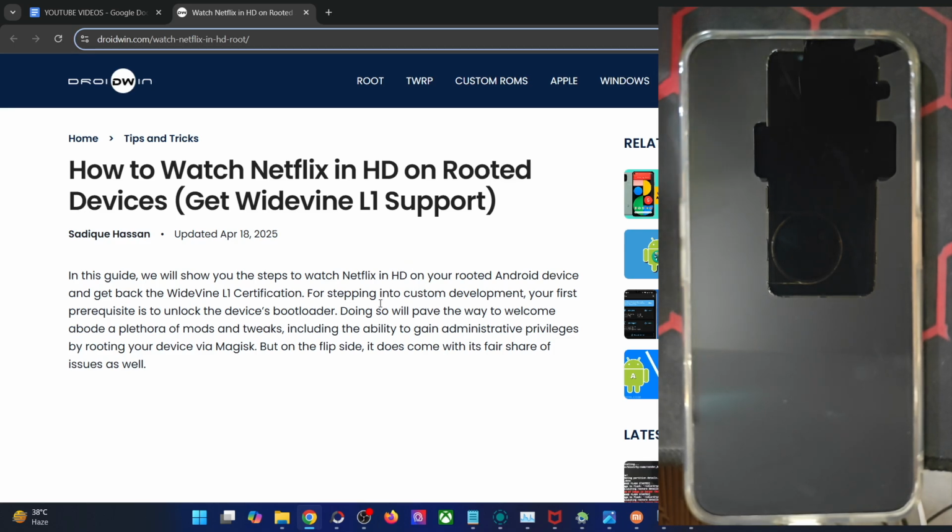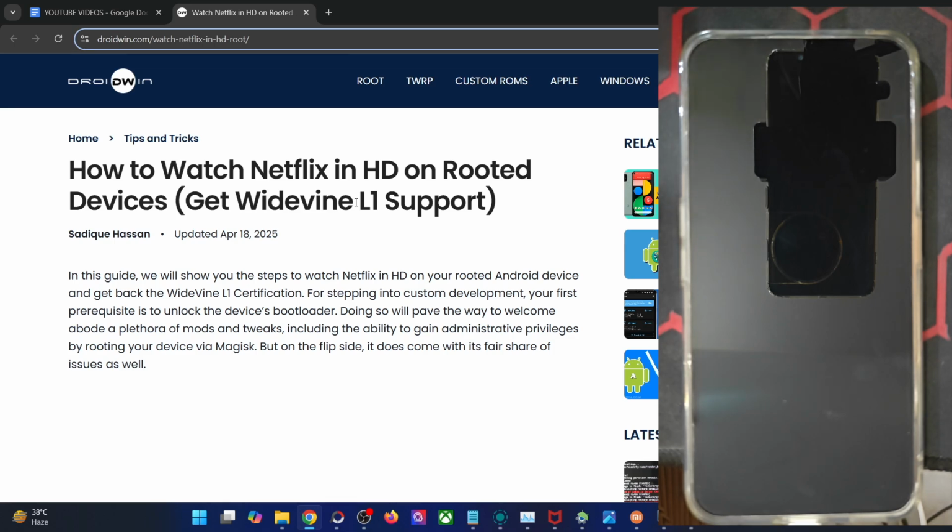In this video, we'll show you how to get the Widevine L1 support on a rooted phone with an unlocked bootloader as well. If your phone currently has an unlocked bootloader but is not rooted, or even if it's rooted, Widevine L1 will get downgraded to L3, and you will not be able to watch any DRM content such as Netflix, Hulu, Amazon Prime in Full HD. At the very max, you'll be able to watch them in HD 480p and not 1080p.